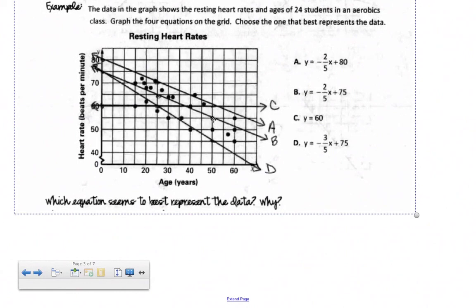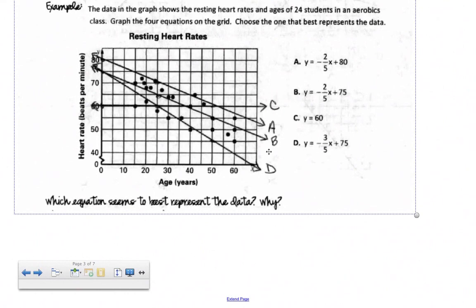So now we have it narrowed down between B and D. And D is sort of the other end of A, where again it's going through a lot of these lower points, but there's still quite a few above it. So I'm going to choose B because B to me looks like it goes sort of through the center of the data. Sure, there are some points above it, there are some points below it, but I would say that this does the best job of representing the trend over time and getting sort of that middle chunk of data